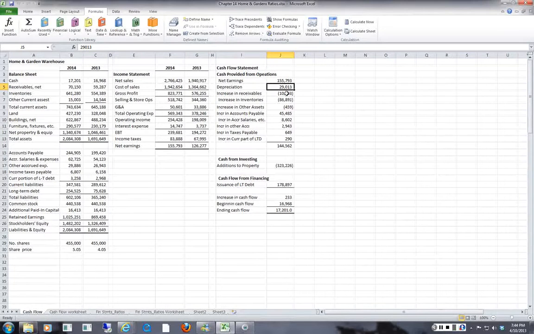$29,013. Next, we have receivables has increased, and so we have to deduct that increase. And you can see receivables has gone from $59,287 in 2013 to $70,115 in 2014. So that's an increase in receivables, which decreases the cash flow. Okay, and the next one is there's a healthy increase in inventory, going from $554,389 to